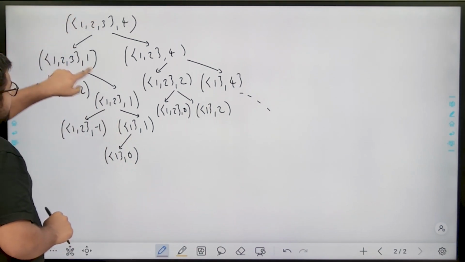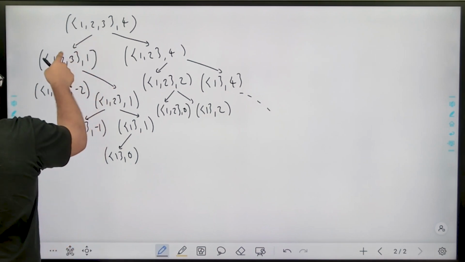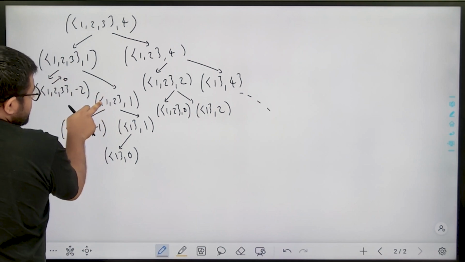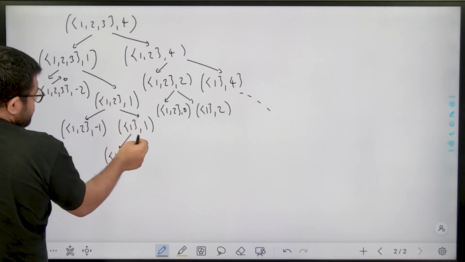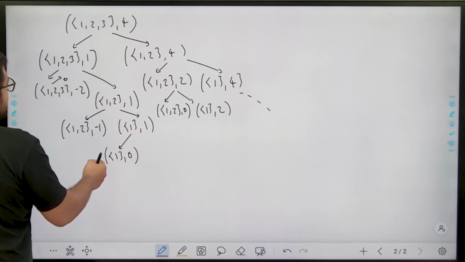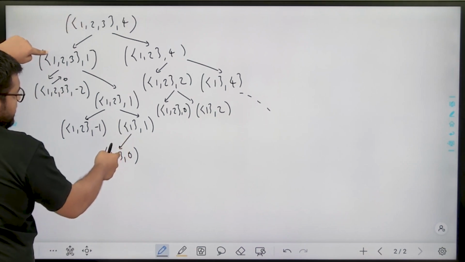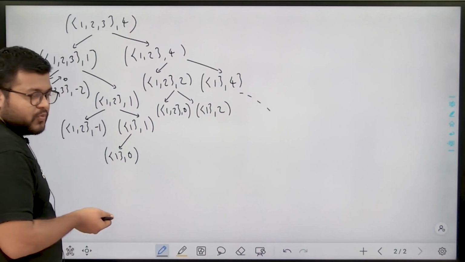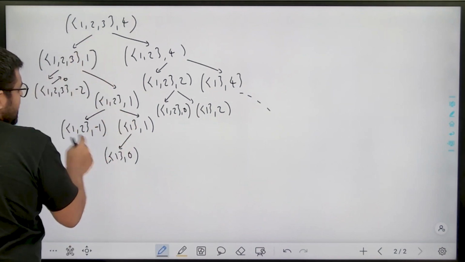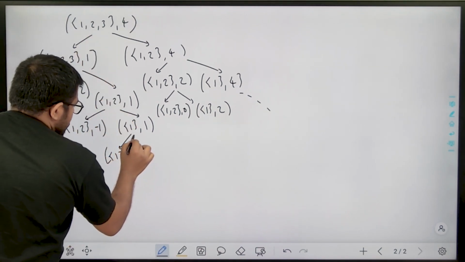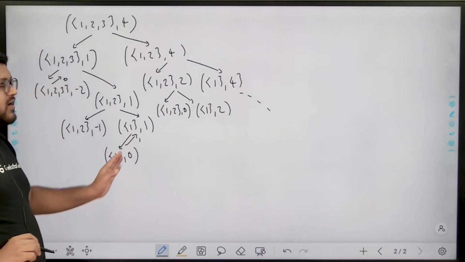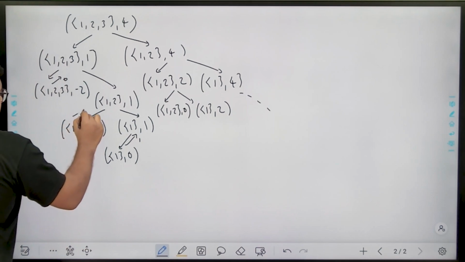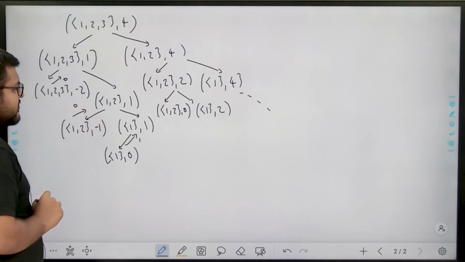I didn't take 3, then I decided, sorry, here I took 3, so the sum became 1. Then I decided not to take 3, then I decided not to take 2, and then I decided to take 1. So I took 3 in the first step and 1 in this step, so overall 3 plus 1 became 4. So in this path I got one combination, so I'll return 1. There is one way. Similarly, anywhere I get some negative, it means this is not possible, we will return